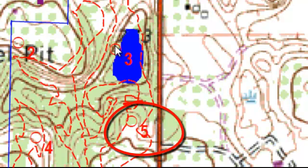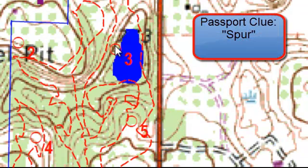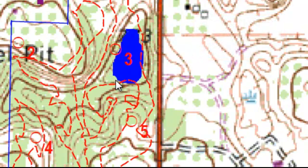Then going to 5. Again, now it's dark. I'm not used to being in the dark and alone trying to find checkpoints. So I decided I was going to follow things that were familiar to me, like the lake. So I followed the lake all the way around, followed the edge, realized I was hitting a trail here and